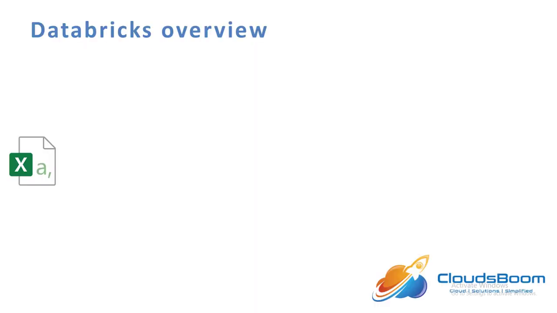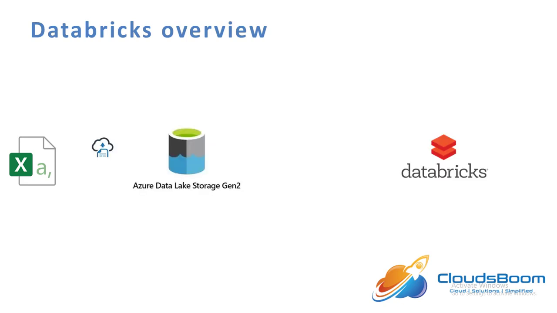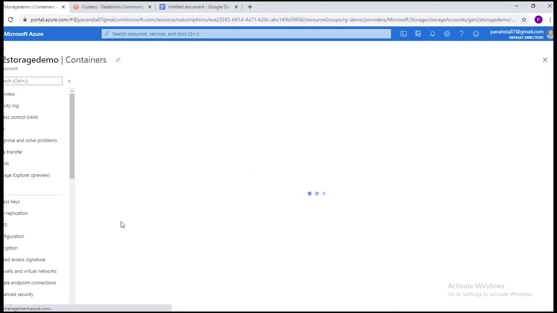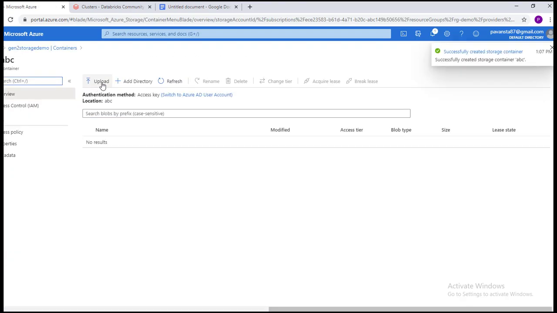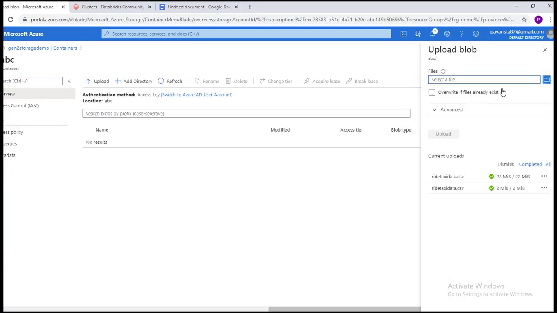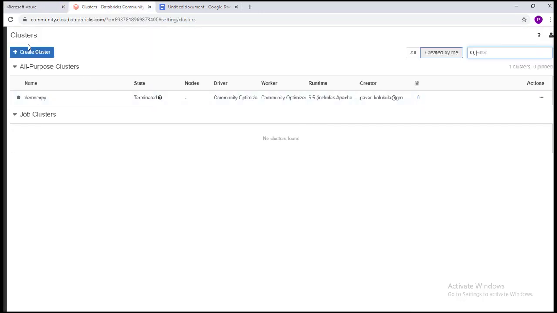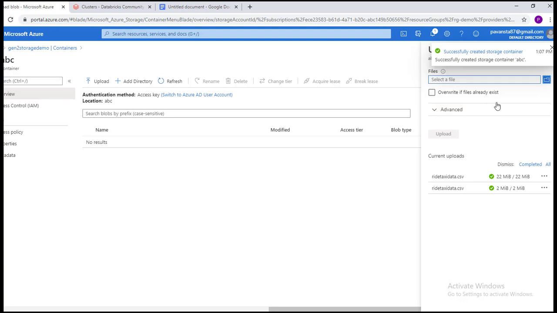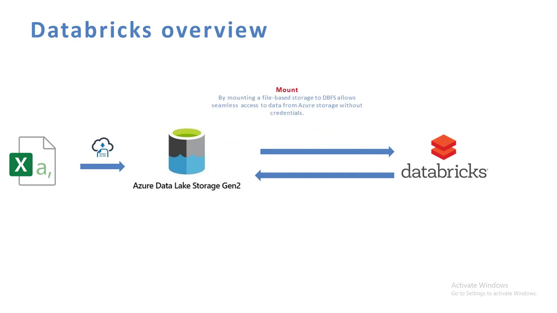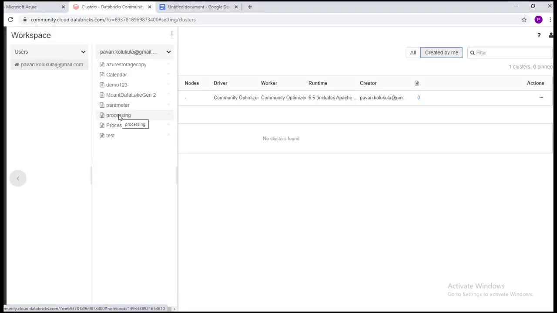In this demo, I will explain how to connect to Data Lake with the help of Databricks. We'll also explain how to do processing and analysis on data in Databricks. We'll start with uploading the file in Data Lake Storage Gen2. And once the data is in the Data Lake, we'll authenticate Databricks to Data Lake using a service principal. The data is processed in Databricks, and then copied back to Data Lake. We'll mount the data folder of Data Lake to Databricks, and then process this data.